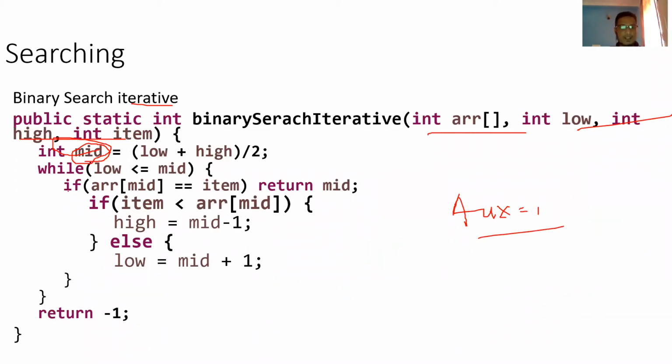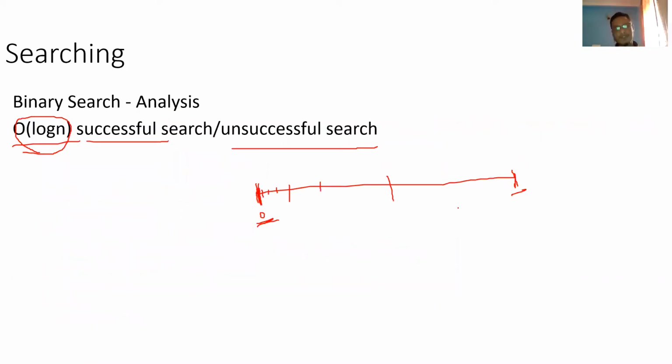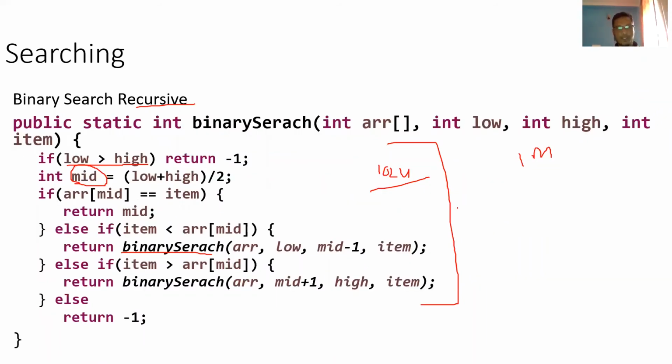Similarly, here also I'm not using anything extra. The overhead is on the stack because of the recursive binary search, since I'm adding calls on top of the stack. That is the only thing. Apart from that, the remaining things are the same. Auxiliary space is the same for both. I didn't want to get into that because both are doing the same thing. Apart from that stack overhead, both are the same. But now the question came, so I have answered.